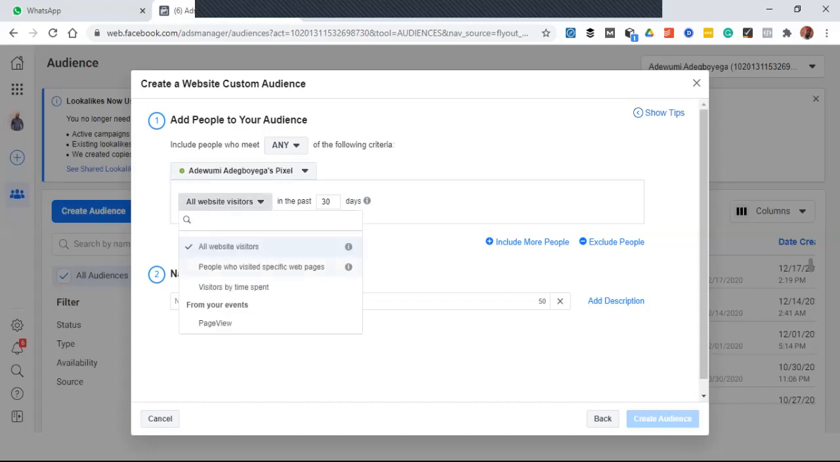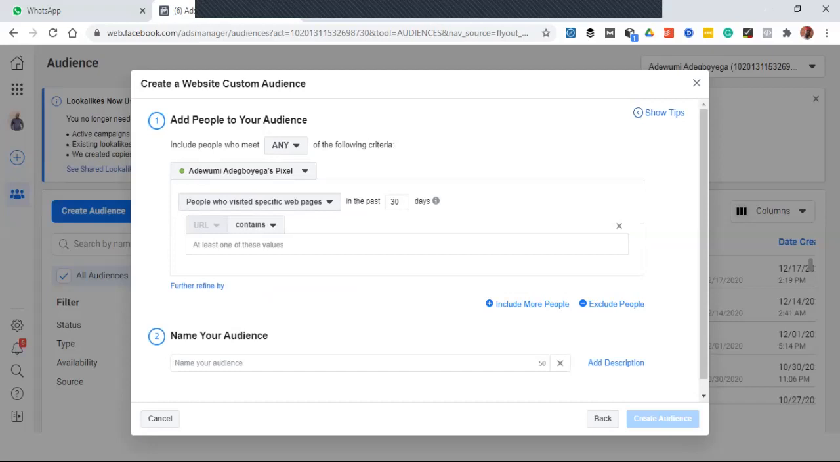So you could say people who visited a specific page. Are you getting it now? So I'm going to click here. Now, what it means is that I want to sell a product. I have a sales page. So I'm not talking about people that visit my website alone. My website is just a website. There's a product page I want people to see. So I want to track those people that